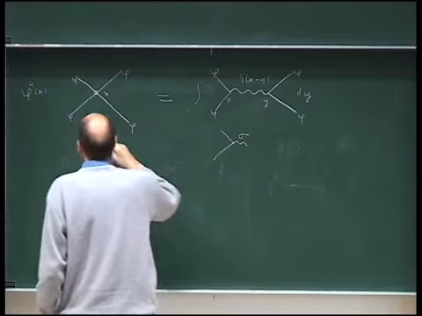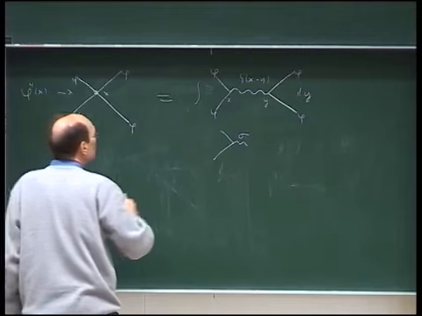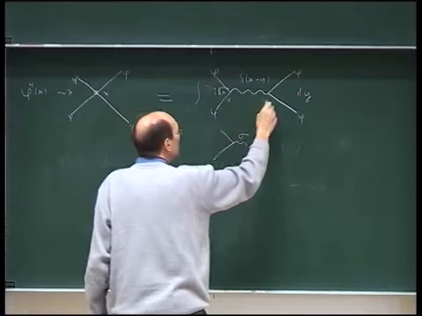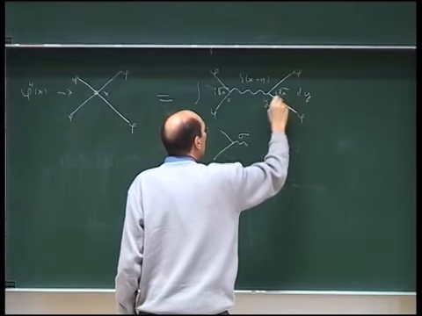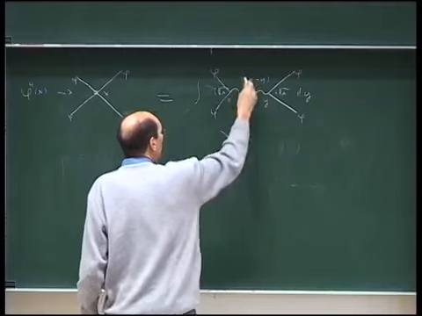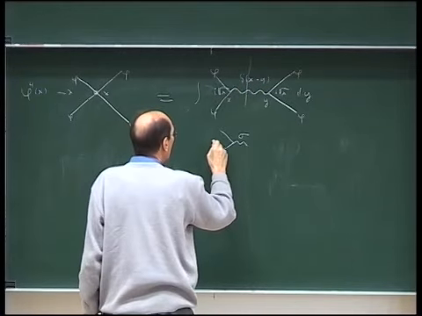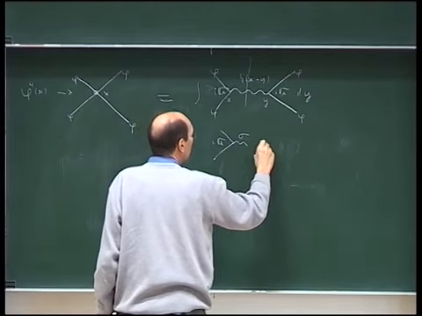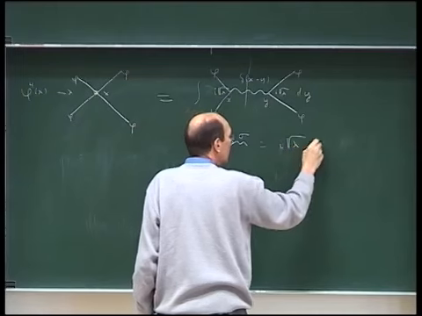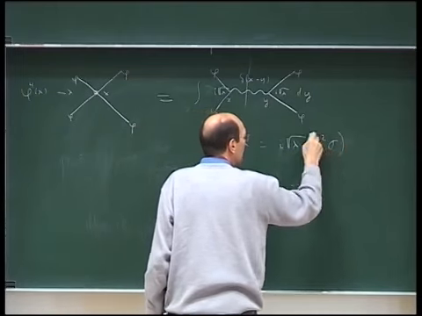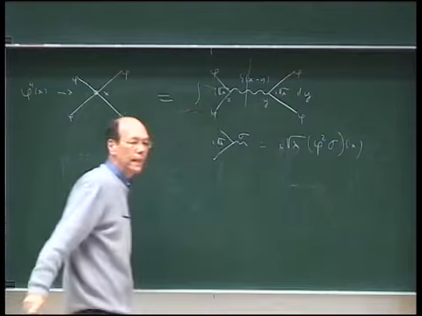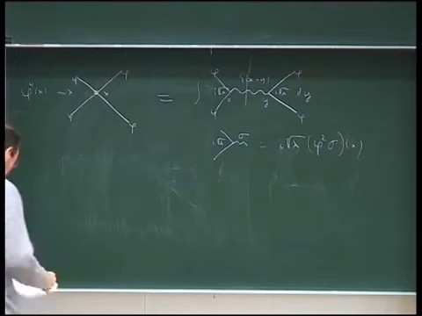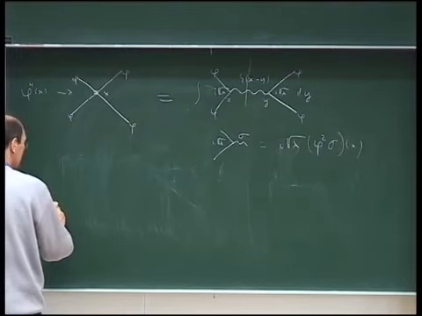There was minus lambda, so I choose to say it's i here, square root of lambda. Here it's i square root of lambda. And so my new half vertex, if you want, is i square root of lambda phi square sigma at point x. Another way of saying that, I'm trying to put the numbers correctly.